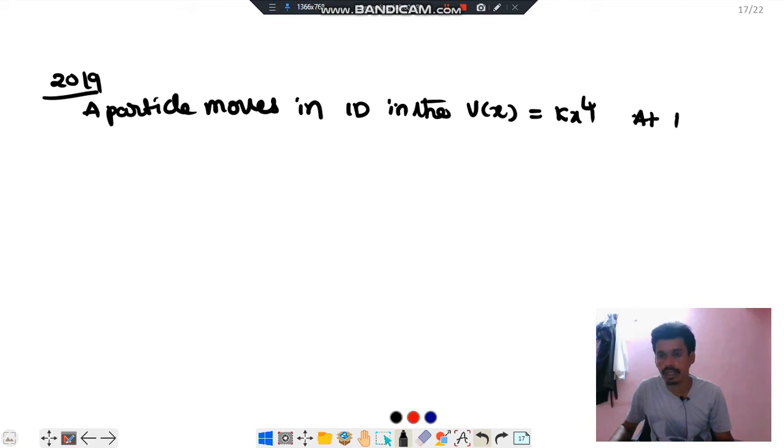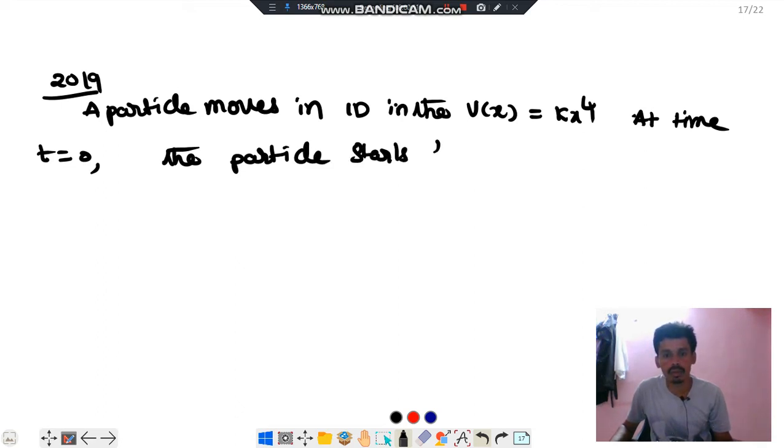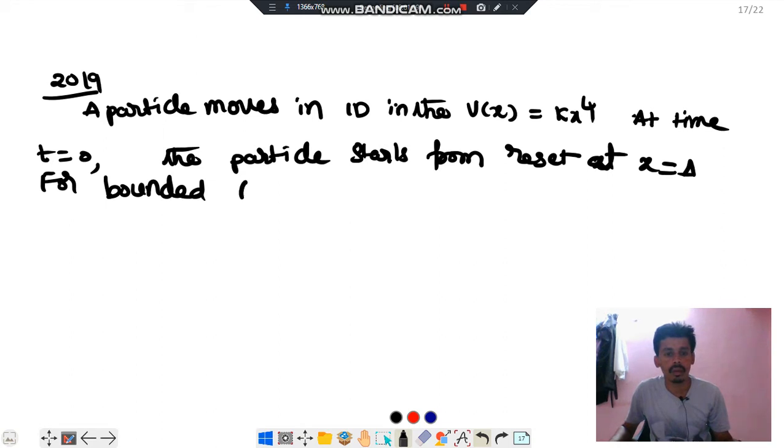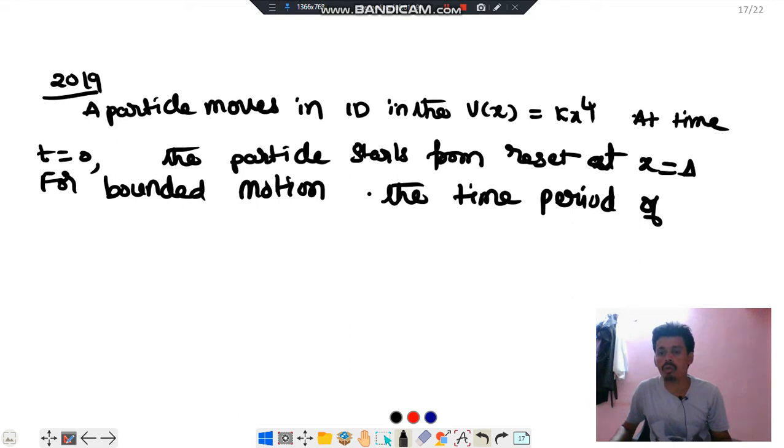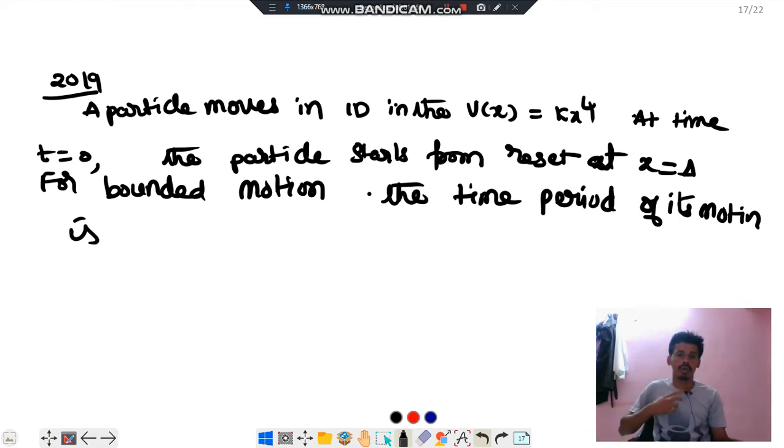At time t equal to 0, the particle starts from rest at x equal to a, for a bounded motion. The time period of its motion is